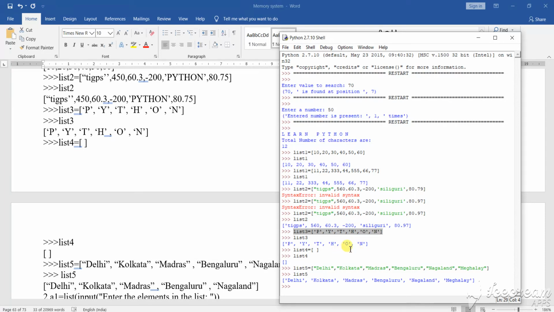So the concept of list here: a list is not only a combination of strings, not only a combination of numbers, not only positive numbers, not only negative numbers, not only alphabets, not only the null value, but it can be a combination of anything. Okay, your list can be a combination of anything. So any pattern of list can be given to you and you have to calculate based on that particular scenario what it is going to give you.